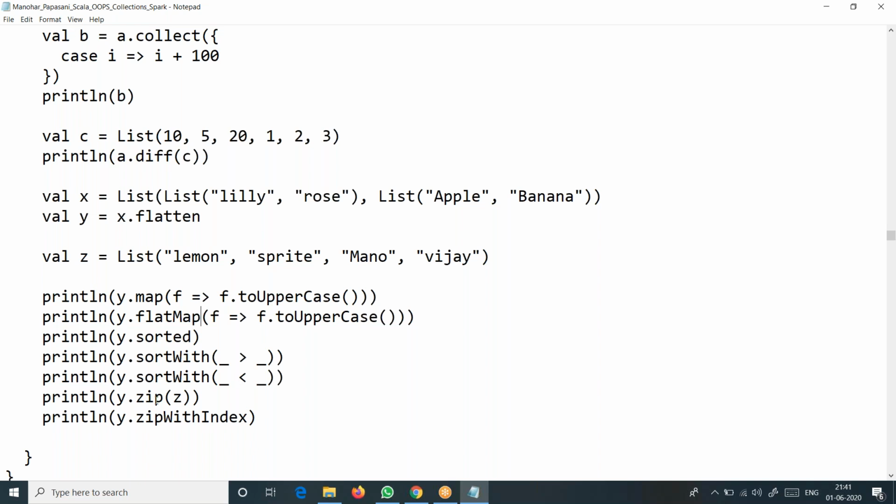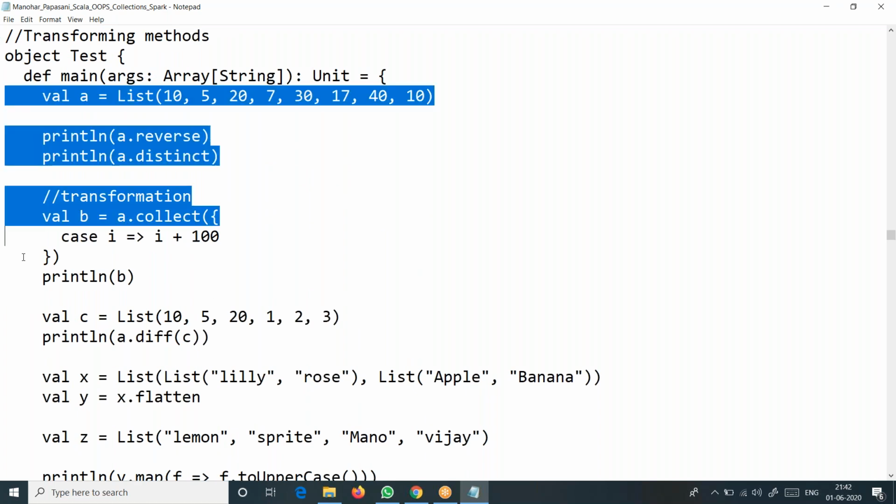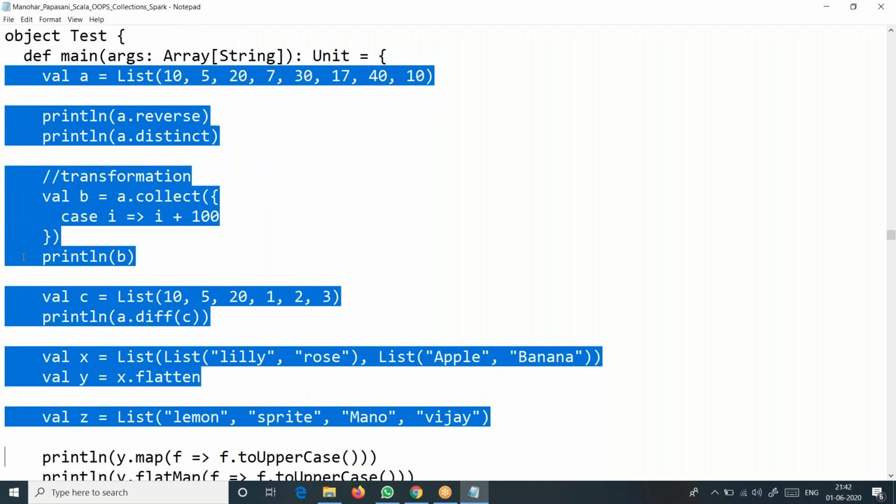Y.zip(Z) combines Y and Z, both of these lists, into a single list as pairs. We'll see that with output. And zipWithIndex also gives us indexing along with that. Let's test it and see the outputs. It's not something really difficult to understand. These are all simple things.